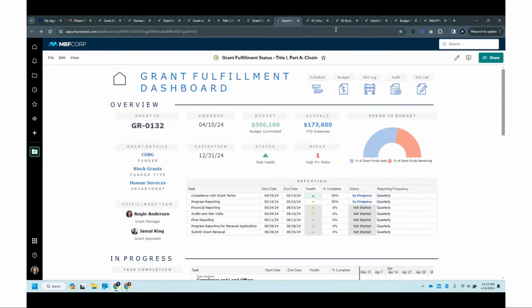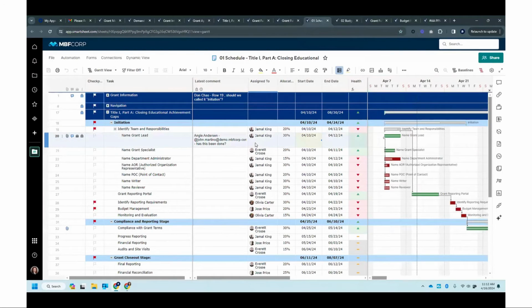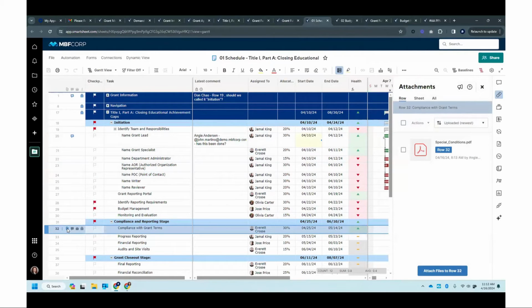And so I'm going to open up the schedule. All of these are clickable. I just have the tabs already open. But as we can see here, within the schedule, I can see this paperclip icon. So I know there's an attachment for this row. So again, when we think about that centralization, everything I need is here. And what's nice is this 32 and the paperclip on this row tells me that this attachment is related to